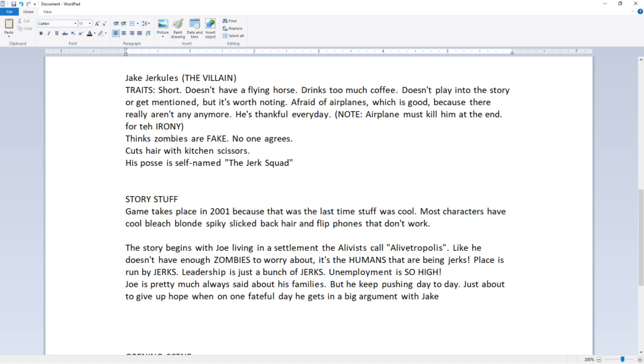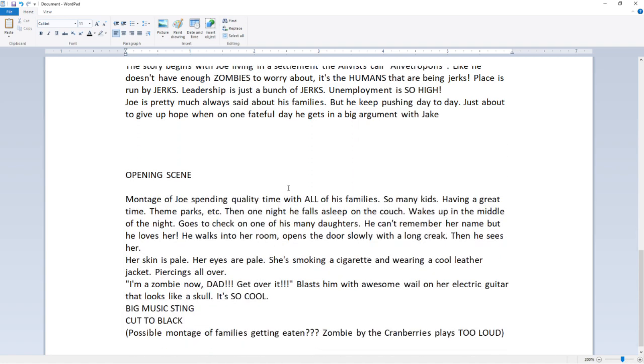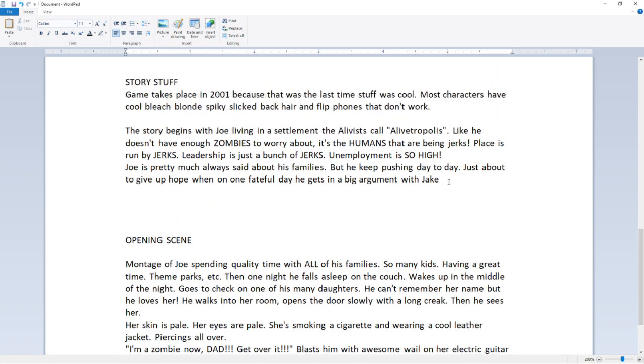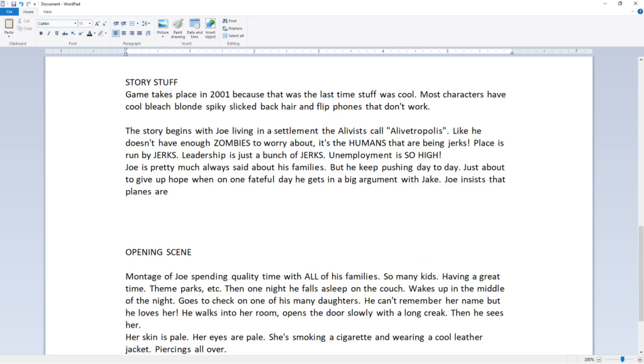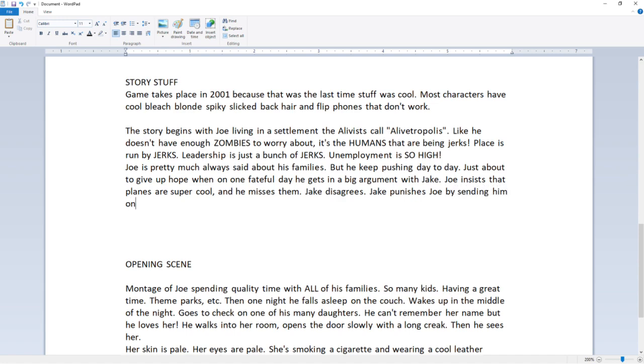About planes and how they're cool. Yeah, Jake thinks planes are really cool. Or, Joe does. Get a big argument with Jake. Joe insists that planes are super cool, and he misses them. Jake disagrees. Jake punishes Joe by sending him on a deadly mission to collect